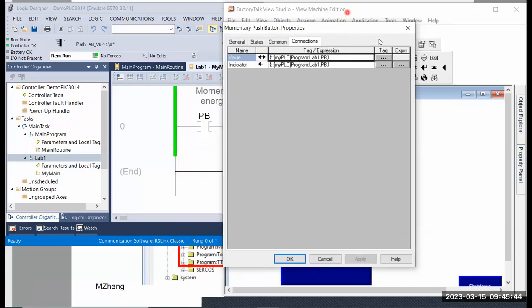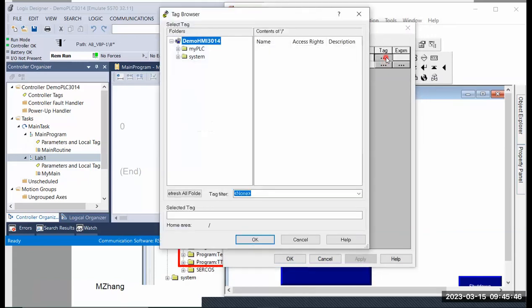HMI, on my HMI, if I click on this tag, you can see this is the tag browser, right? So if we refresh all folders underneath the My PLC, which is the shortcut name we create, you will see here there's an online folder. We use the online folder we create on here. So remember here,